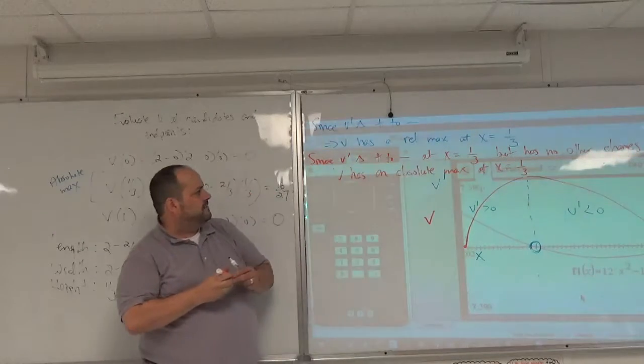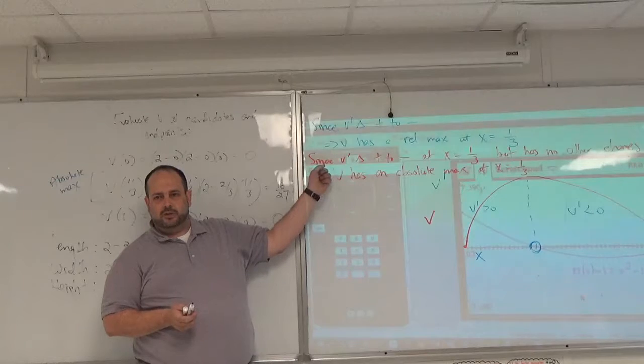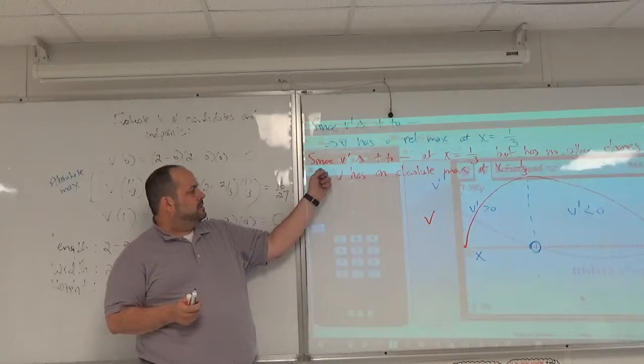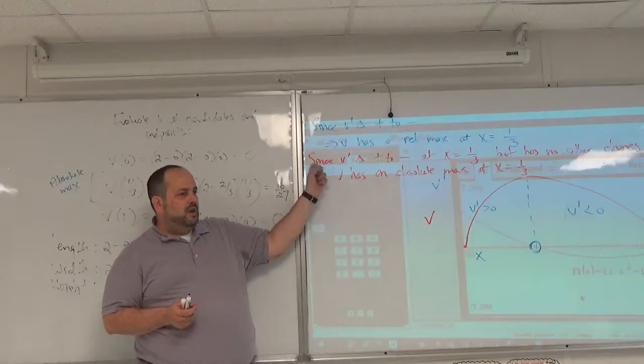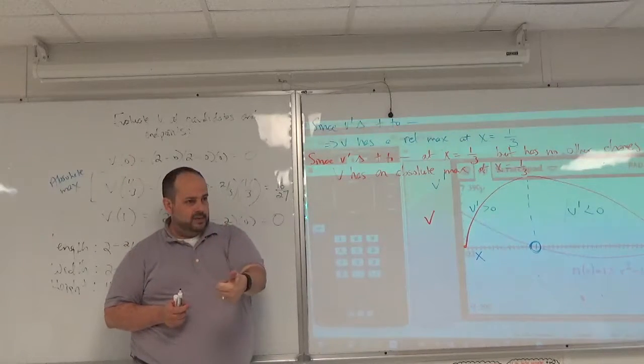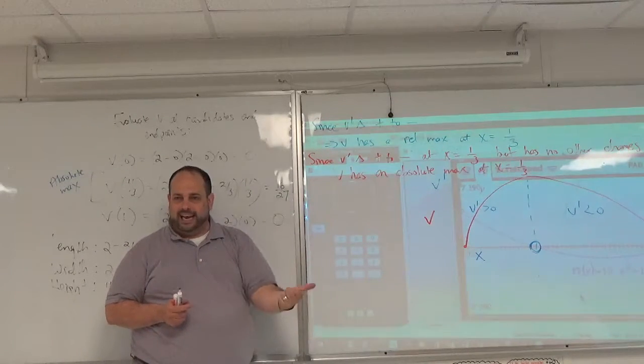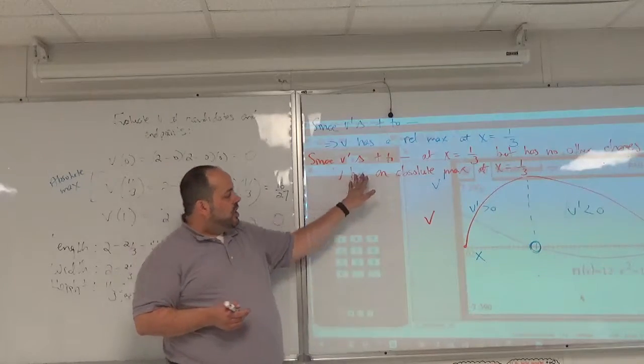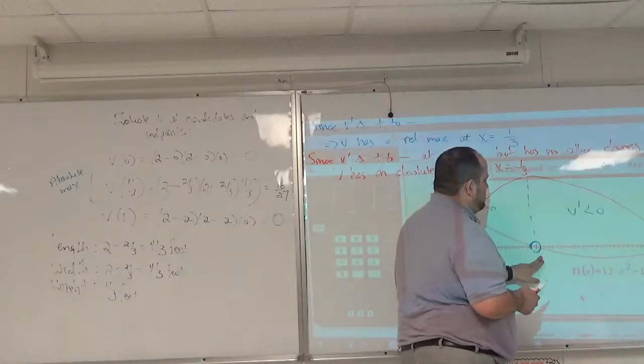If you can pull off this argument in orange, there is no need to check endpoints. There's no need to do a number line test. You just know, because you have the graph of the derivative,